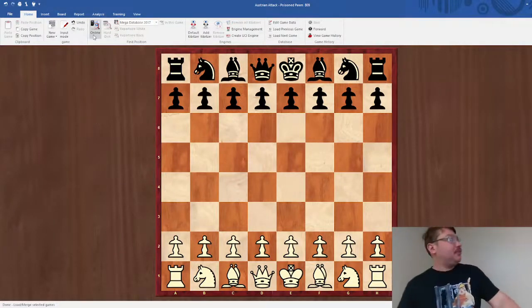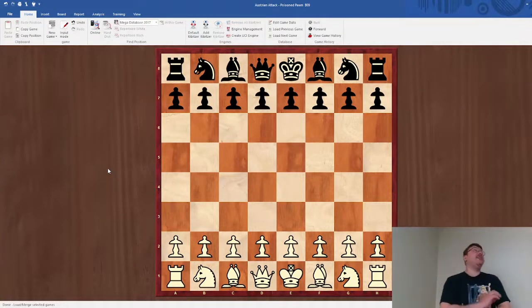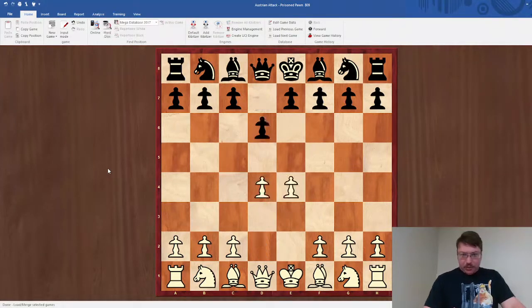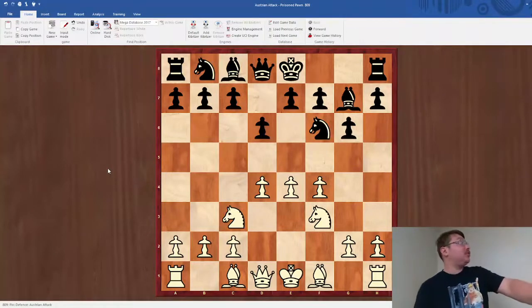So, quality versus quantity. And it's a pretty simple theme, obviously. So I'm going to fast forward to the position I'm talking about. What we're talking about is a Pirc. Now you don't castle in this position is